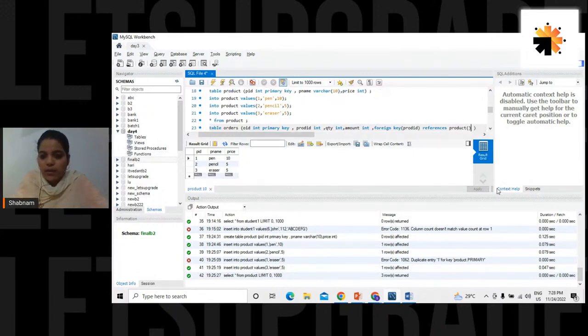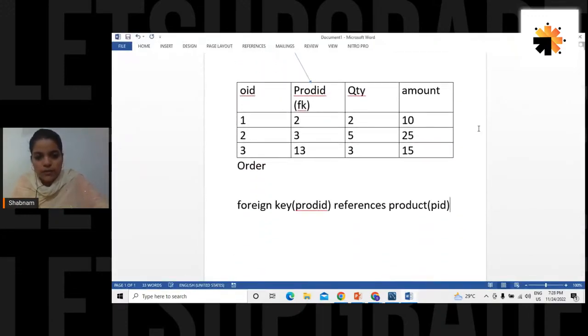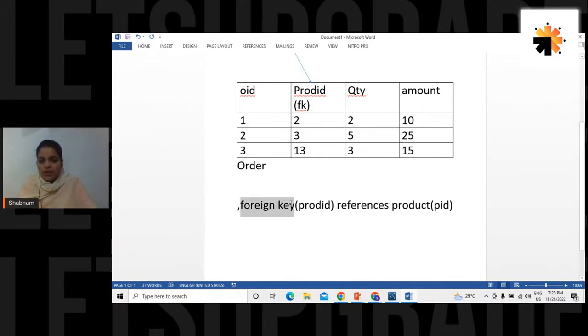Product table, PID. If I just copy this part into a Word file, I can increase the font size there. Look at how to declare the foreign keys. This is what we wrote, and before this foreign key clause, all the other columns were defined. In this table, the foreign key is product ID. Keep checking what I'm coloring now.